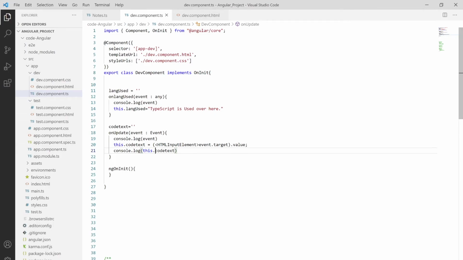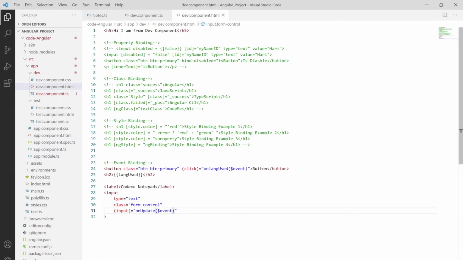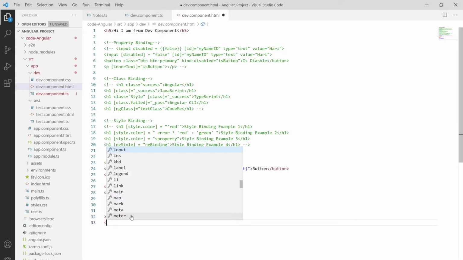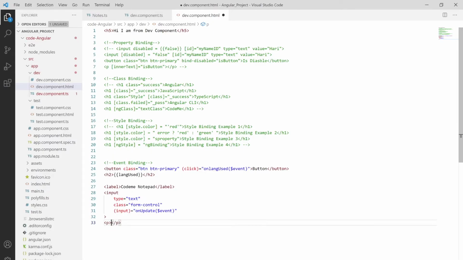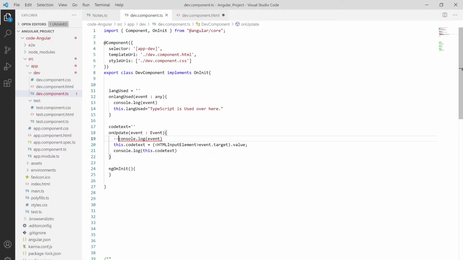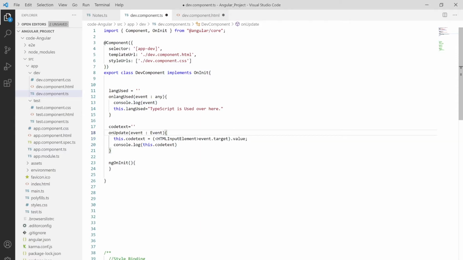And if you go over here, let me also comment this thing, save this out, and also in the HTML I'm simply using interpolation to use the value whatever I have used. So instead of using a paragraph tag, I'm using that h2 tag over here, or we can simply say h4 tag. So h4 tag, and I'm simply, okay, let me cut this out as it's of no use for me, and I want to bind on update.